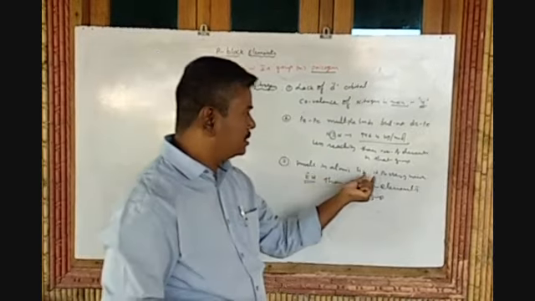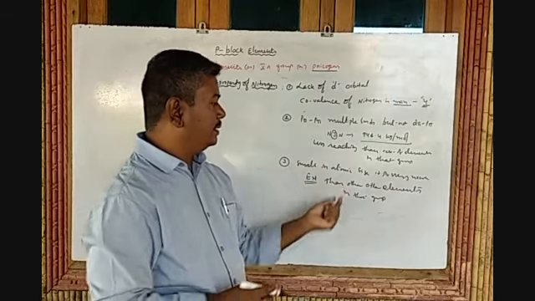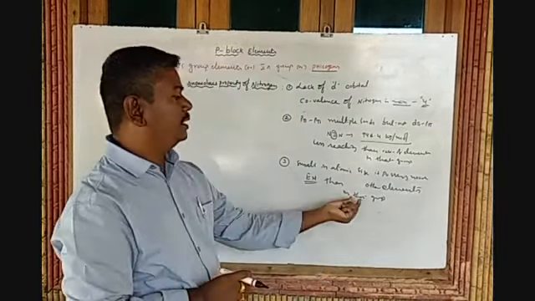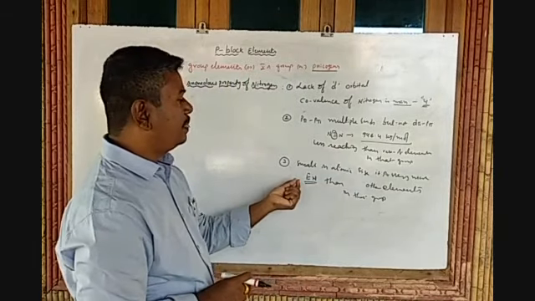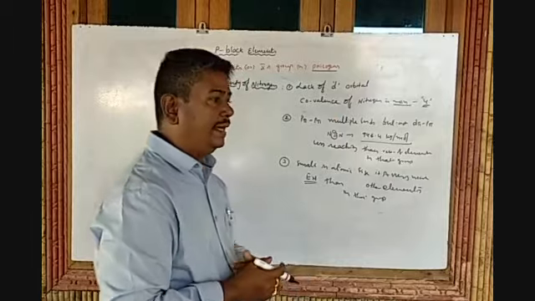Small atomic size, it possesses which one? More electronegativity. So that's why the other elements in that group, that means nitrogen has more electronegativity, and